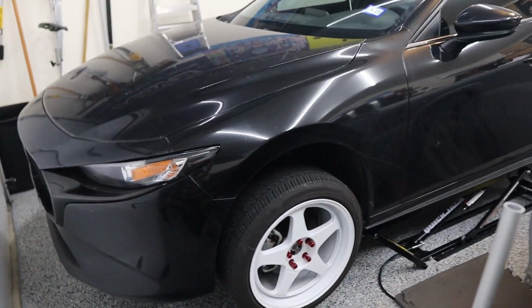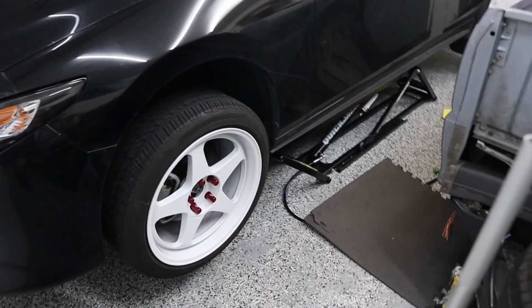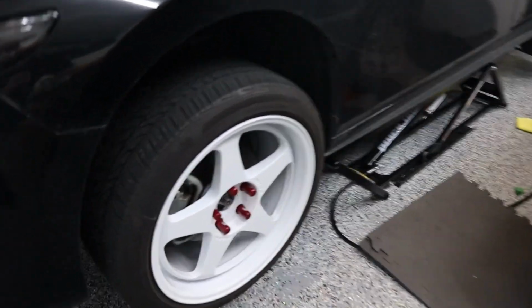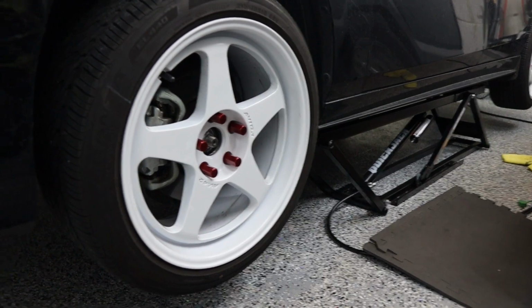So as you can see here, we have the car up in the air, and as you can see as well, we have the wheels on there. So we will pull the car out a little bit later just to show you how it looks from far away. But one of the issues that we encountered as we put this on was that